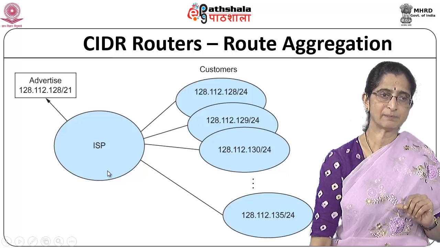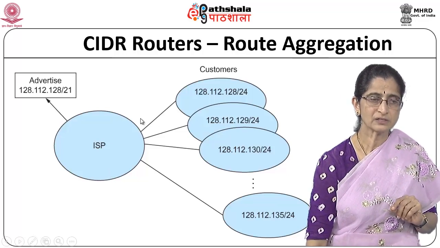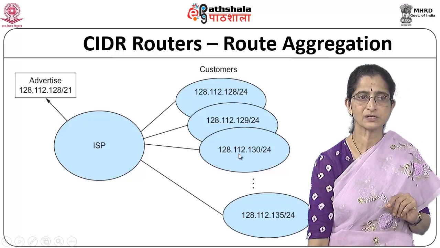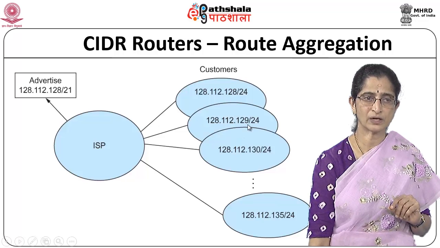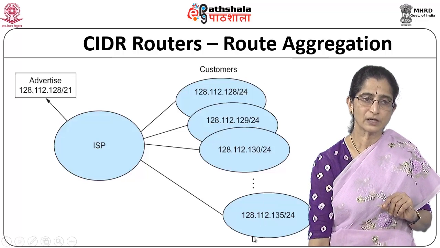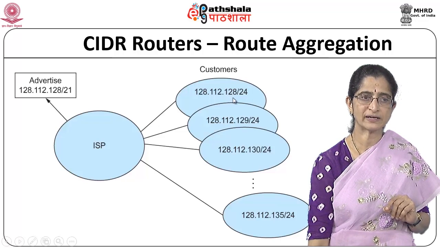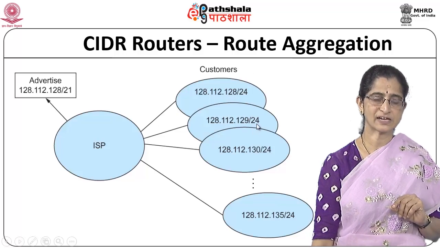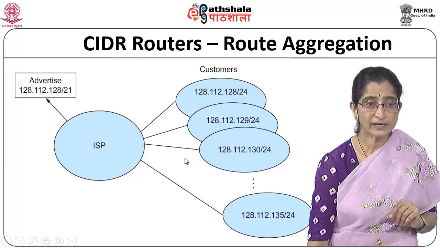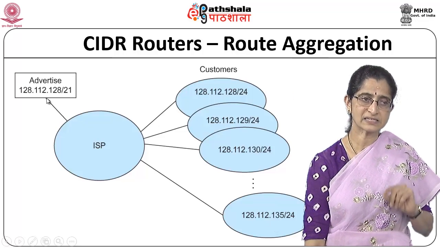Now, this is another quick example to understand how route aggregation will take place. Let us say for instance I have different customers who have these addresses 128, 129, 130 all the way up to 135. The first 8 bits are common. Now all of these can actually be grouped together. Look at this, they have 128/24. This is again 129/24, which means only the last 8 bits are used as the node part of the address. So I can aggregate all these together because they are all contiguous addresses and treat them as a single entry,